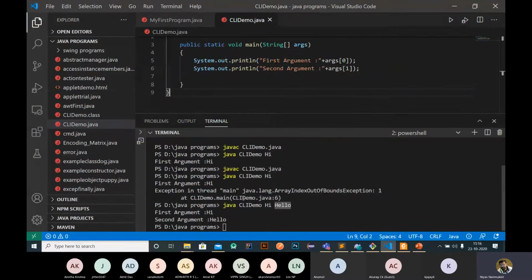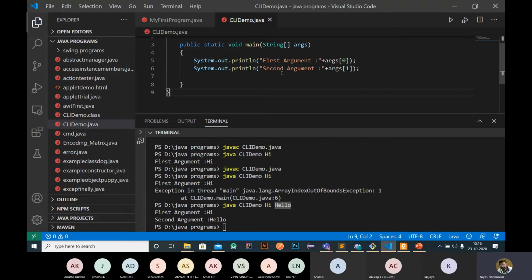Using these command line arguments, we can change the characteristics of a program. For example, if you pass the command line argument add, we can perform addition, or if you pass multiply, we can perform multiplication.